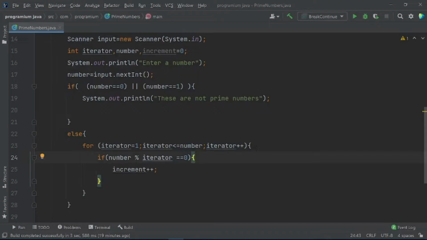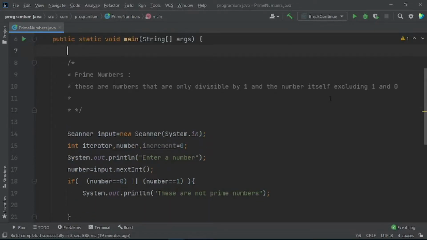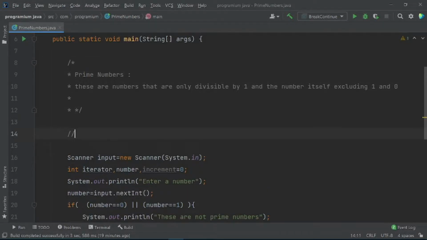After that we used an if condition, and we put a condition that if that number modulo iterator is equal to 0. What does this mean, guys? Let me show you here in this comment. If we divide 4 using the modulo operator by 2, then its result would be 0. You know why? Because if we divide 4 by 2, then its result is 2, but the remainder is 0. That means if the remainder is 0, that means the number is